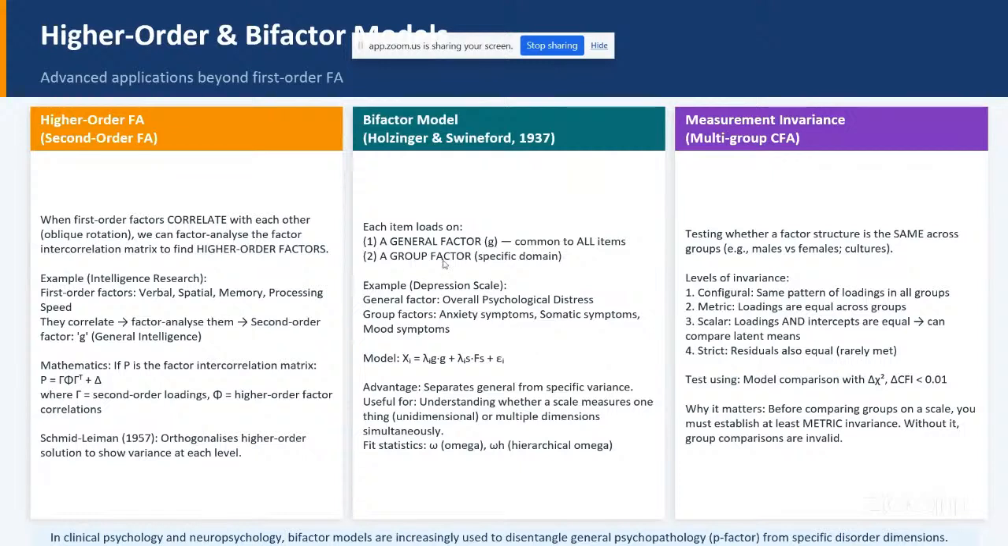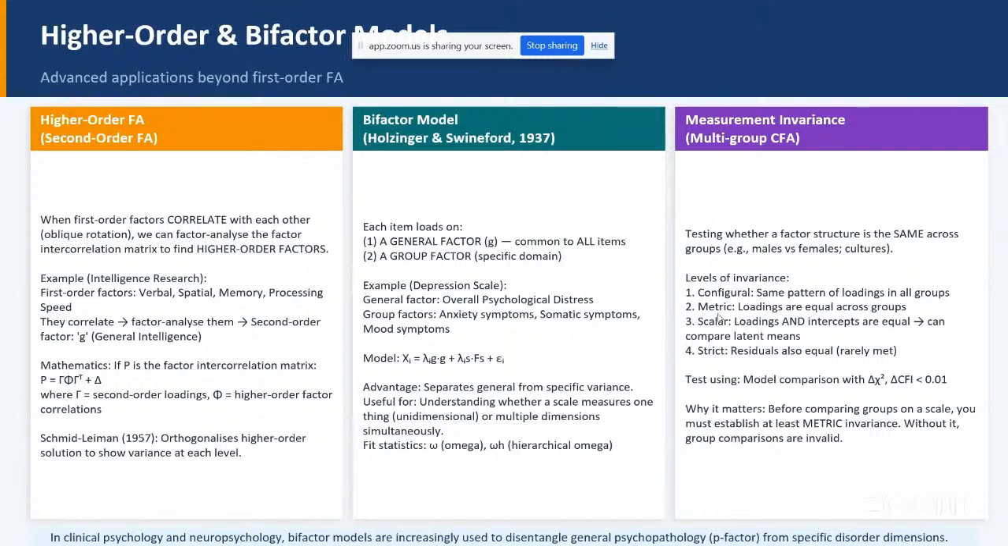Yes, so then the multi-group CFA is testing whether a factor structure is the same across groups, for example female and male. We can do some cross-culture analysis, considering different countries, different genders, and different races. For this we use levels of invariance, that is, configural invariance, the same pattern of loadings